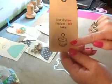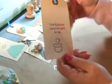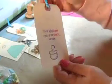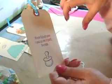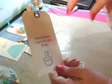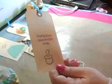And then from another Stampin' Up set, I took a soother, and I put that on the back, tied some ribbon because it's a boy, so I did blues and greens and all camouflage colors. I even did all of the cupcakes and the cake pops camouflage. And